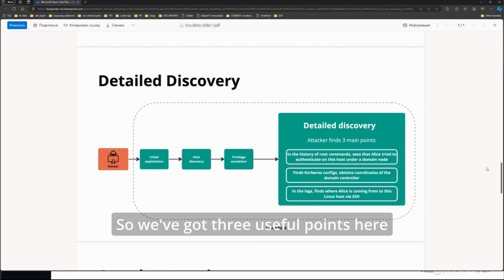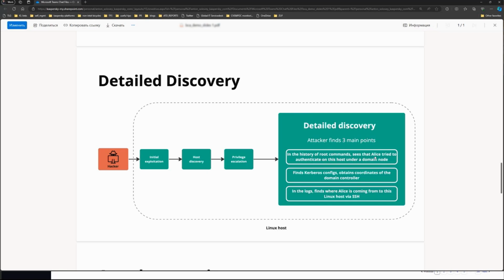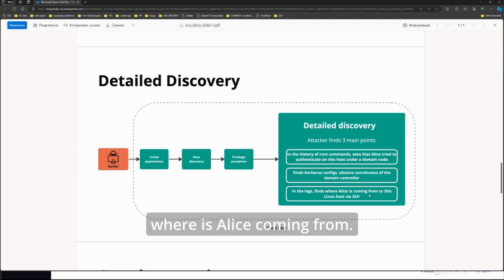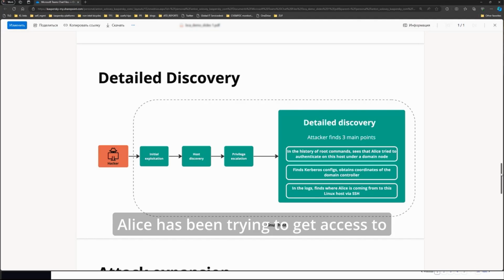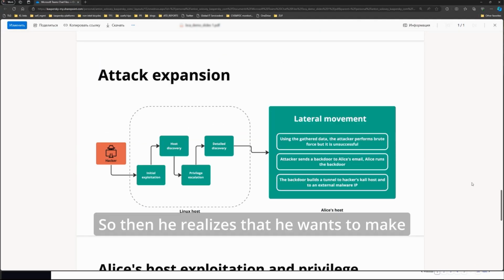Okay, so we've got three useful points here from attacker's understanding: that Alice is a domain user account. He knows where the domain is located, so he knows its coordinates, and he knows where Alice is coming from. He knows the IP address from where Alice has been trying to get access to this Linux server. So then he realizes that he wants to make some lateral movement,